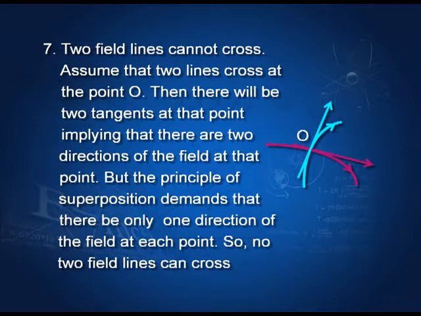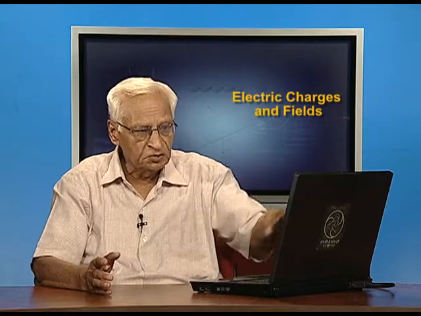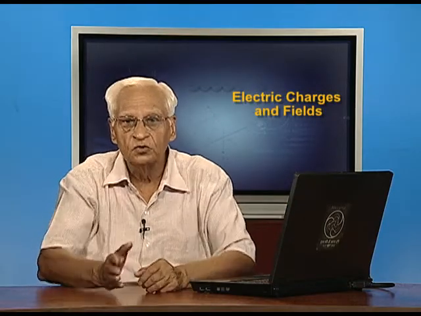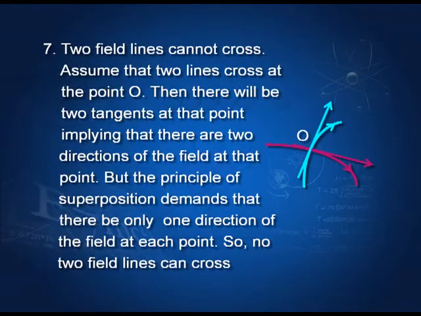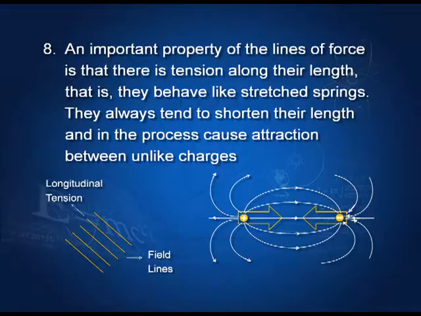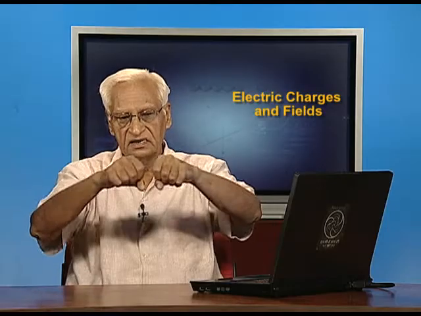But from the principle of superposition, we know that the field direction at a given point must be unique. There cannot be two directions, and therefore, the two lines of force cannot cross each other. An important property of the lines of force is that there is tension along their length, just like